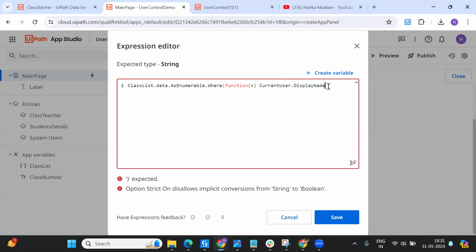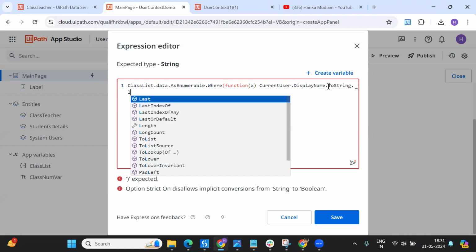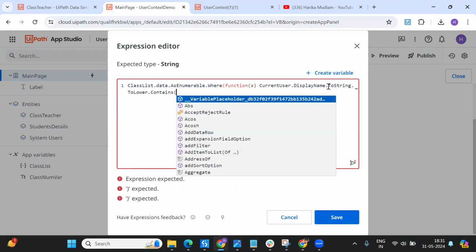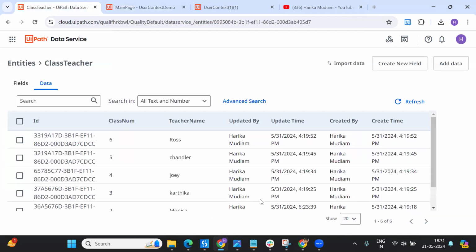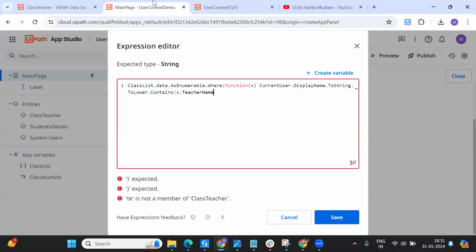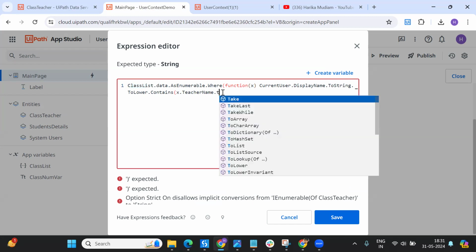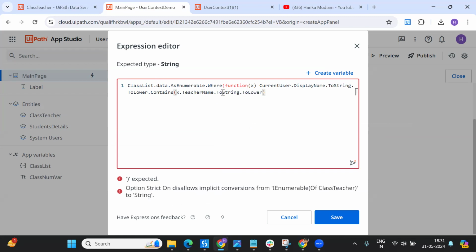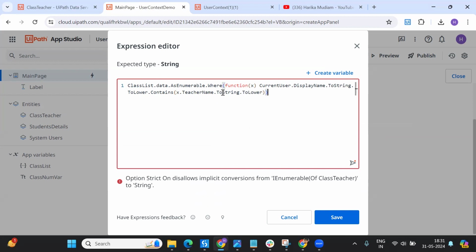So if the current user dot display name dot to string dot to lower dot contains, okay, this is all VB expressions. If this contains the value that's there in my teacher name, so how do you write that? X dot teacher name, because X is the context that I have defined over here from my data. X dot teacher name, again dot to string dot to lower, because the initial one I have converted, right? If this contains,